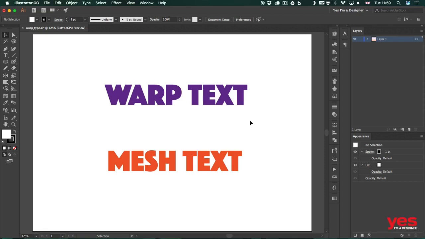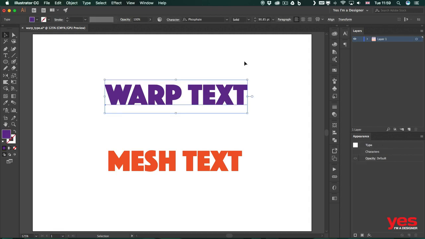Warping text is another great technique of injecting some uniqueness and character to your type in Illustrator. There's two different ways of using warp text. I'm going to start with the simple warp text, and then we will also have a look at using a mesh for warping text. So first of all, you need a text object, of course, to be able to use